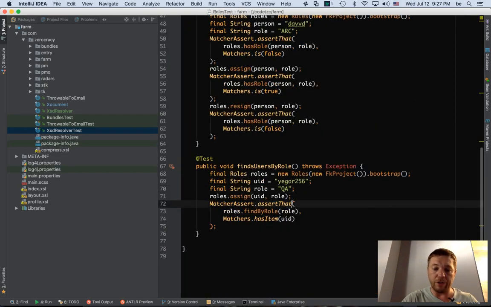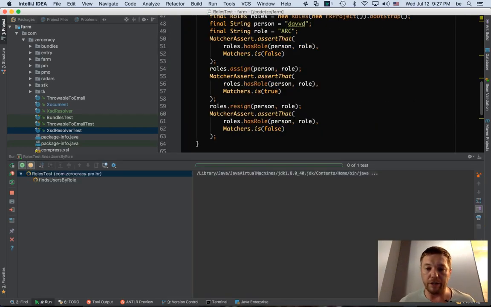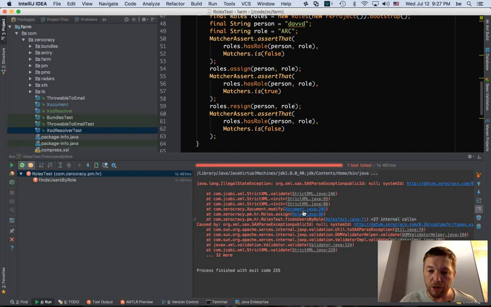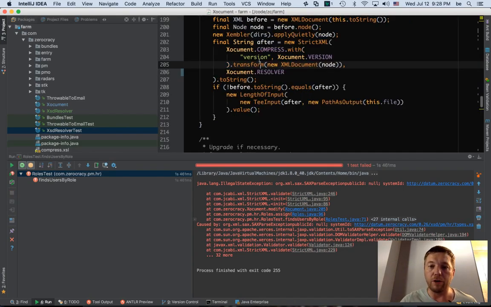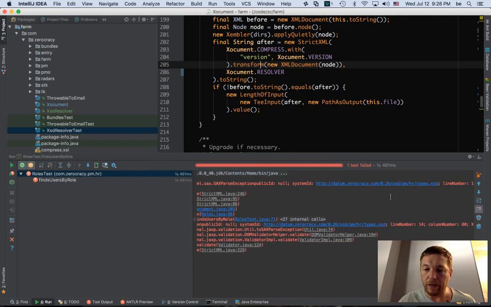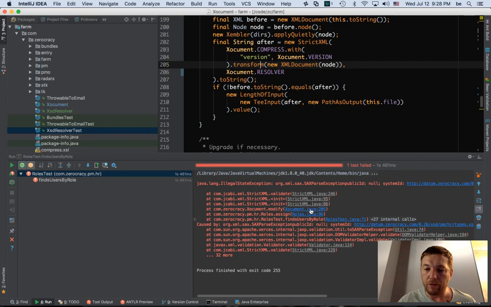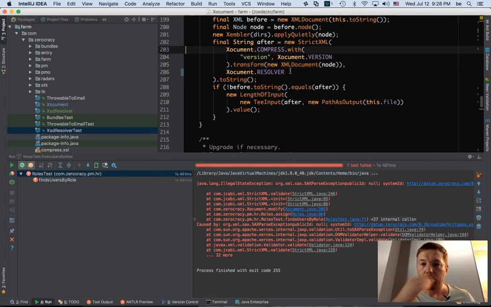So we fail here. This unit test fails. It doesn't work. And it doesn't work in this particular point. So this code, this transform, yeah. Types. Yeah, so this one crashes at this line. It actually crashes now on a different line.